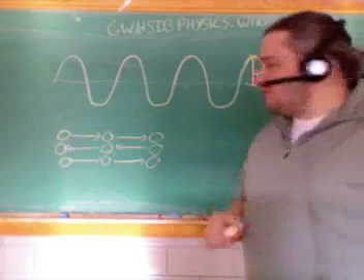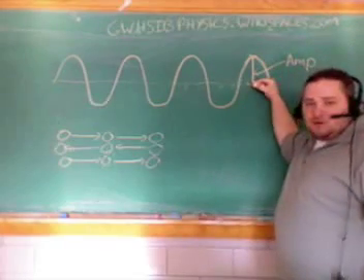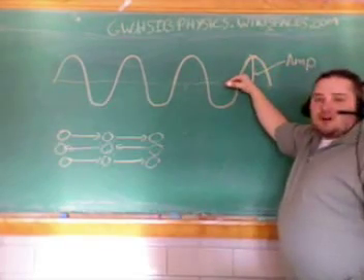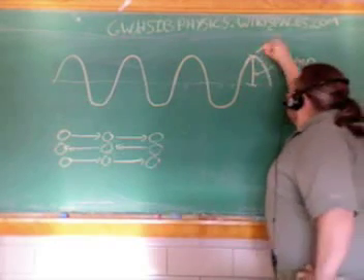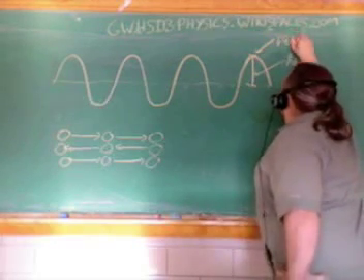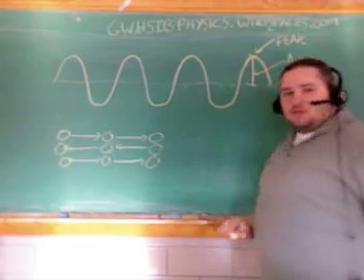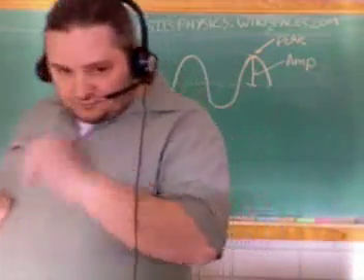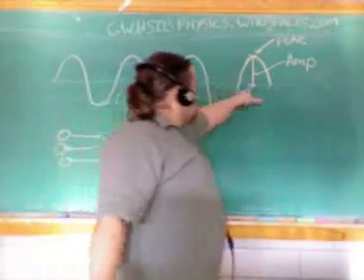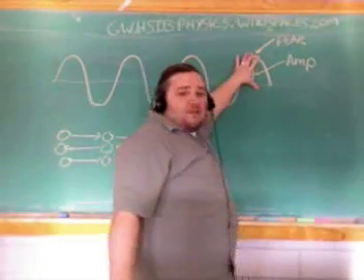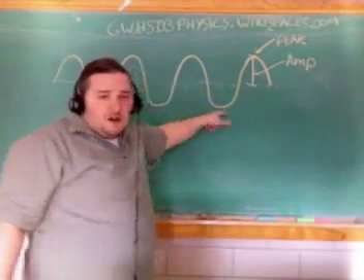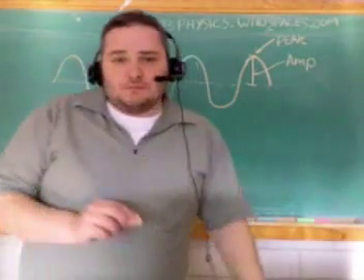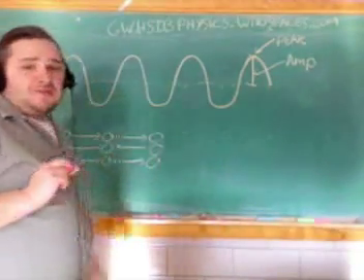Okay. So it's from the equilibrium point, the point in which it originally started off, all the way to the very top of the wave, what we call the peak of the wave. That's referred to as the amplitude. Okay, so this right here, from the equilibrium to the highest point, is called the amplitude. We can also call this the amplitude. So from the equilibrium to the trough, we can call that the amplitude too.